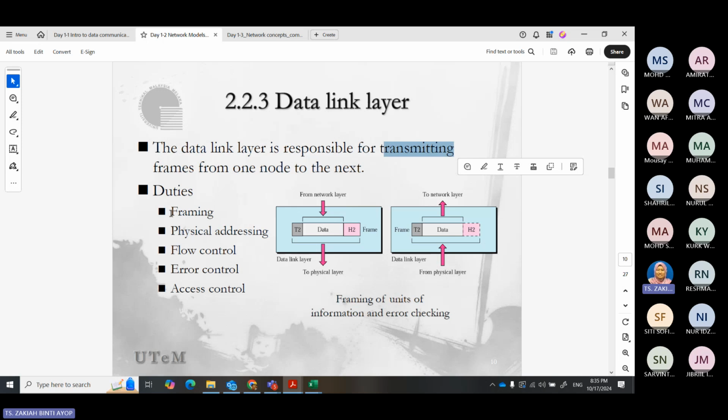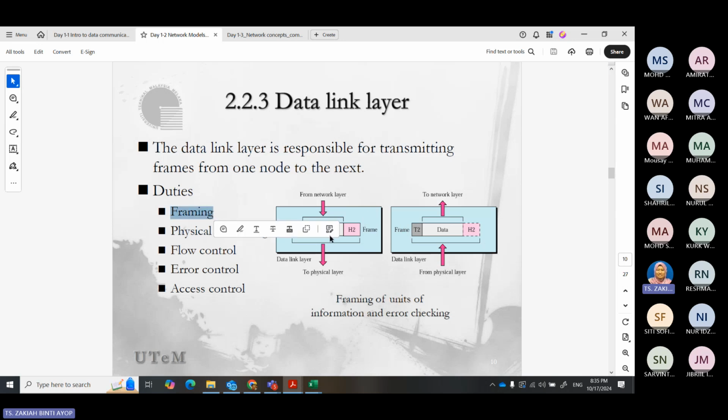Its duty is framing, which is to convert the previous layer, starting from the packet from the network layer, into a frame, which is where the word framing comes from.